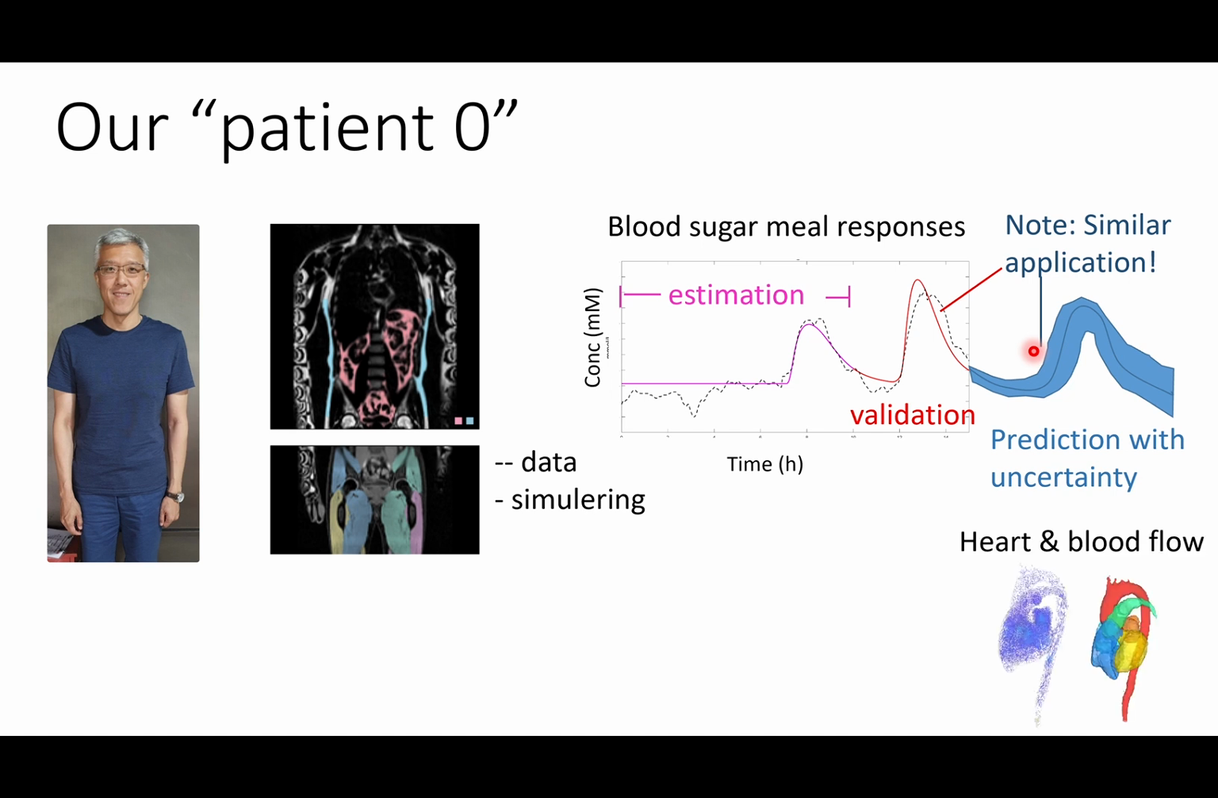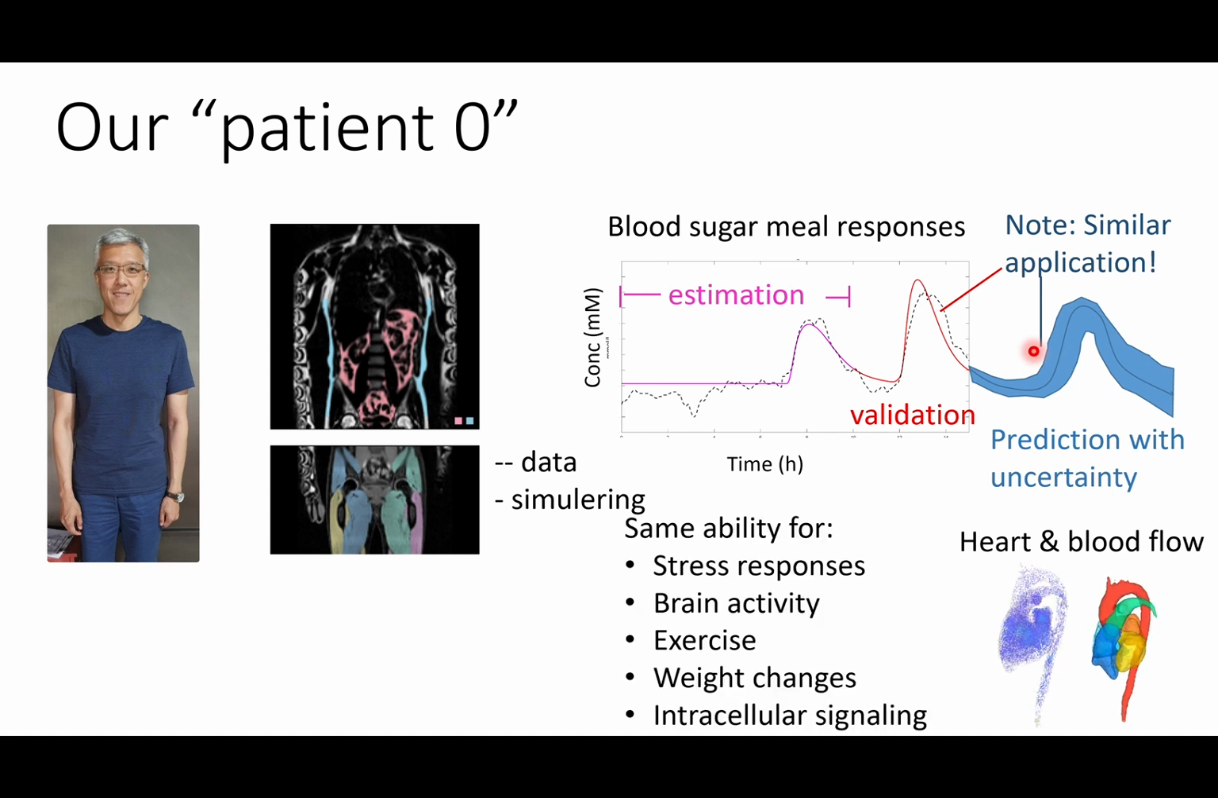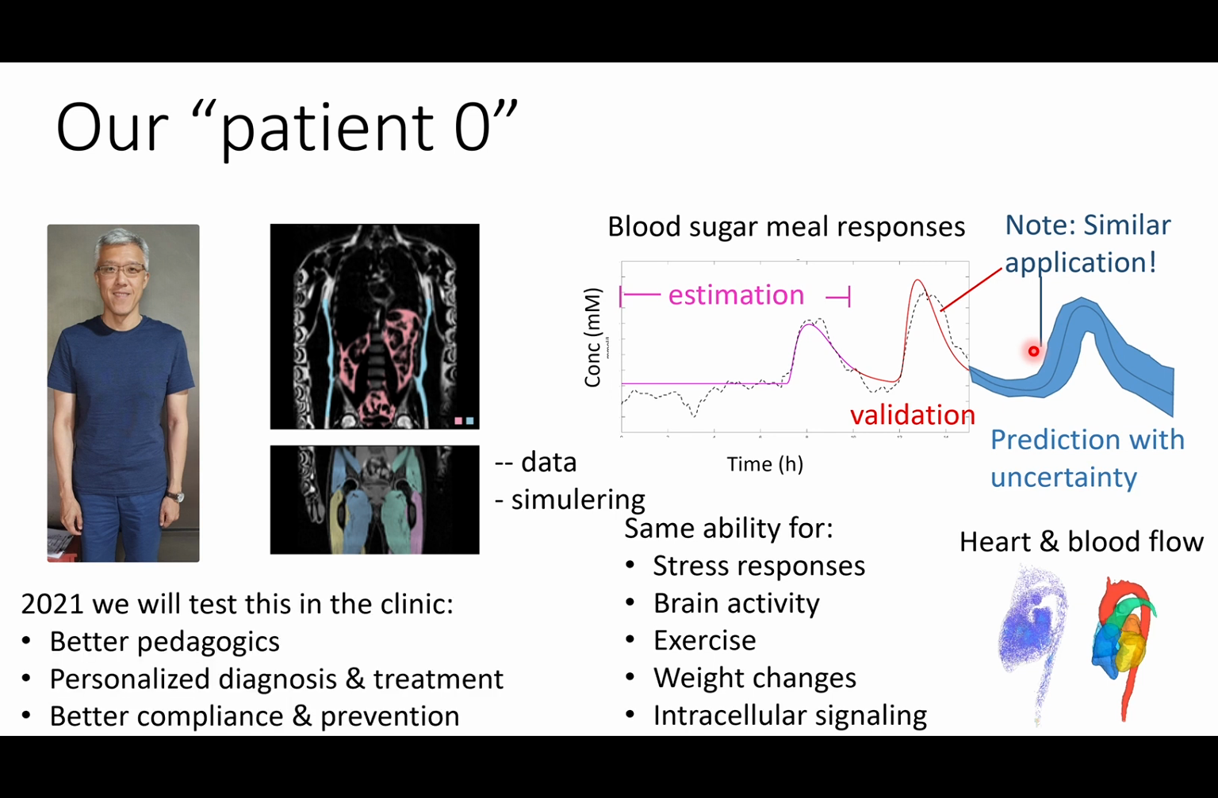And we did this not only for blood sugar meal responses, but for heart and blood flow and stress responses, brain activity, exercise, weight changes, intracellular signaling. And right now we are testing the crosstalk between all of these different processes, so that in 2021 we will have a more finished product that we can test in the clinic for better pedagogics, for personalized diagnosis and treatment, and to see if we can inspire patients to have better compliance, so that they follow treatments in a better way, or that they